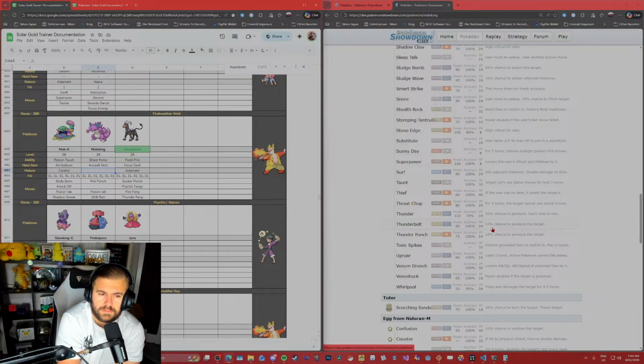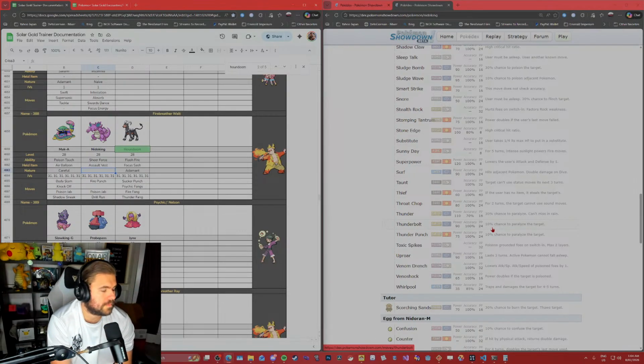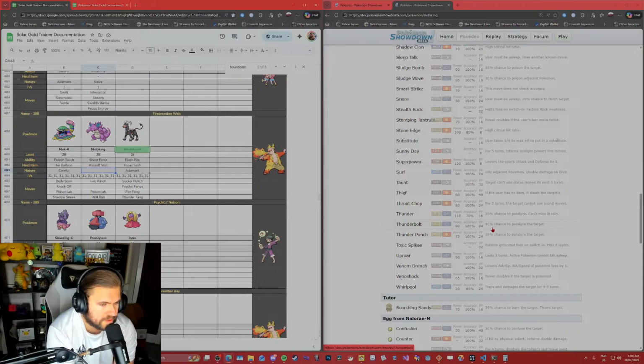We got Fire Punch for grass, steel. Poison Jab for, yeah, grass, stuff like that.